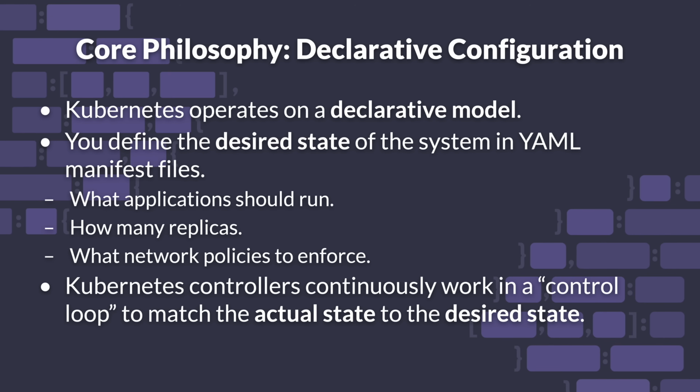The fundamental principle underpinning Kubernetes is its declarative model. Instead of issuing a series of imperative commands like "run this container" or "stop that one," an administrator defines the desired state of the system in YAML manifest files. These files describe what applications should be running, how many replicas they should have, what network policies should be enforced,